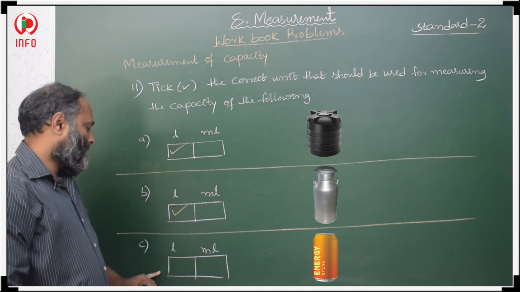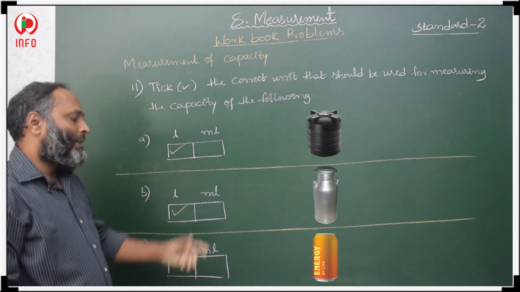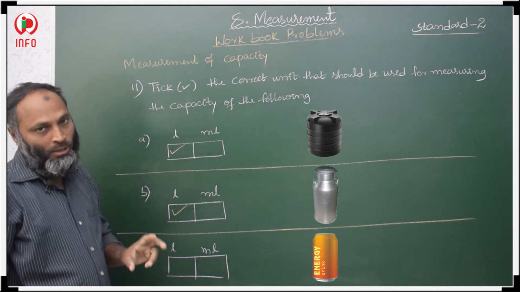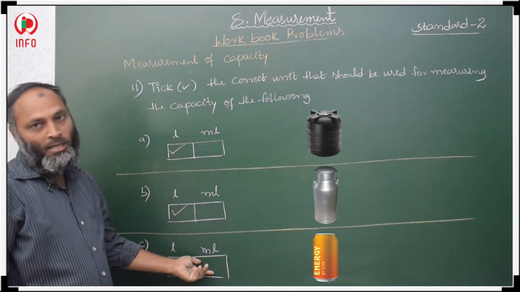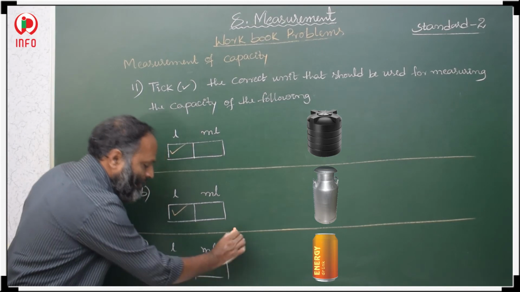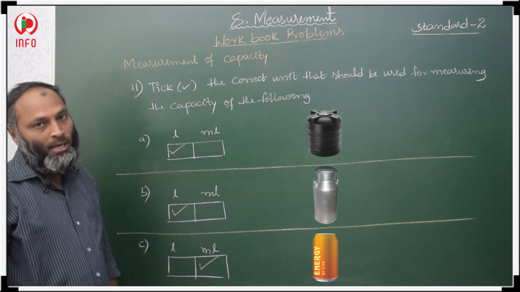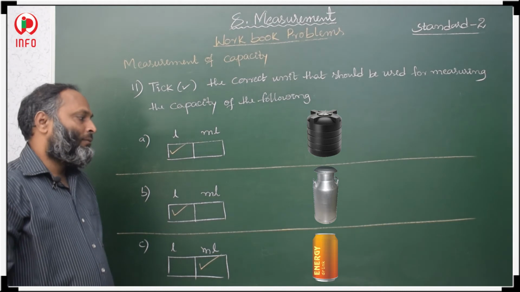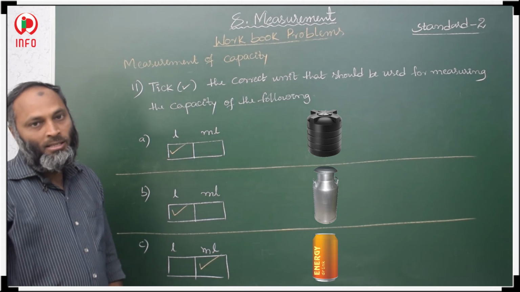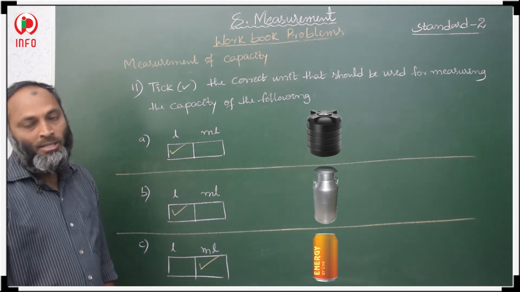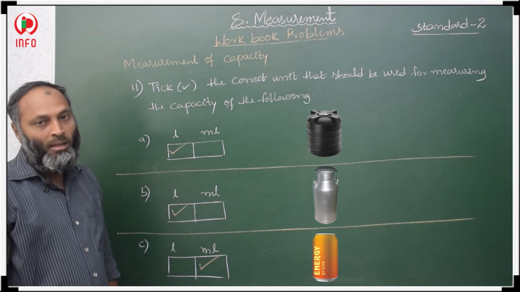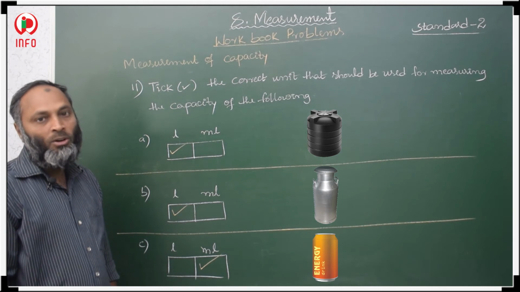Okay. In the third one, energy drink can is given. Energy drink can is small, so we can use smaller units. So, milliliters are the smaller units. Energy drink is measured in milliliters. Okay. And after that, one more picture is given, that is water jug. So, that is also in milliliters we can measure, the quantity of water, whatever it is with a jug. So, that is ml. The last one, that is as your home assignment you have to do.